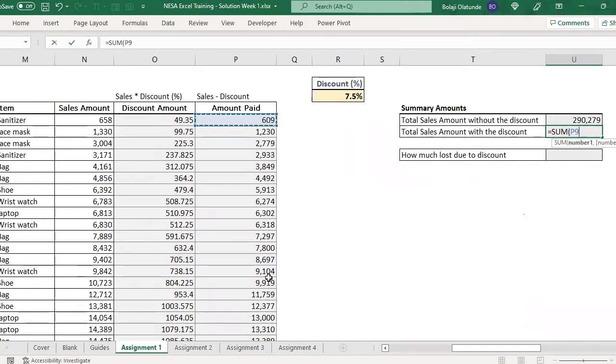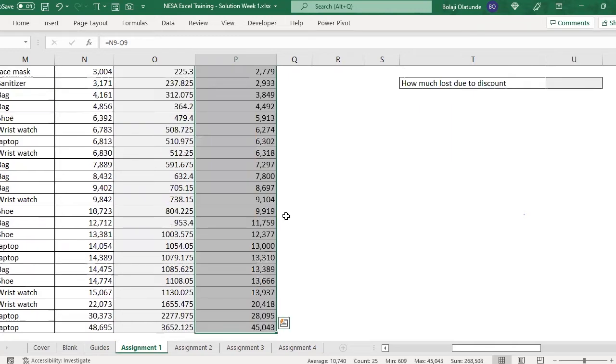Because here the discount has been applied. Now, if you want to select a range of sales, let me just show you a few keyboard shortcuts. If I want to select everything from here down to the last cell, what I do is this: I select the first one, okay? I hold my control key, at the same time, hold my shift key, and then I press the down arrow, and all of them press together, and then it highlights it down to the last cell